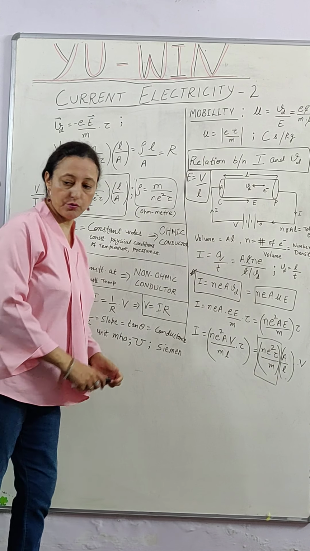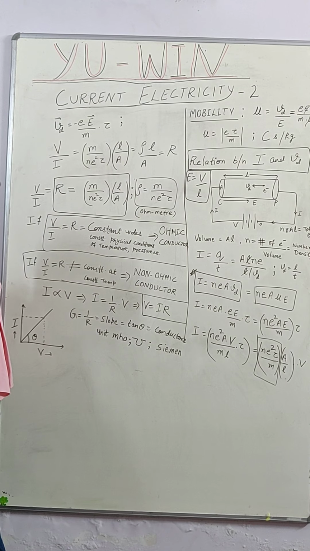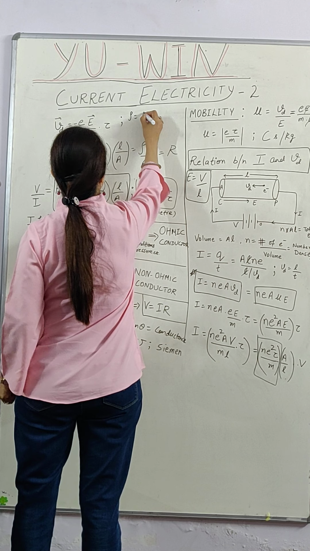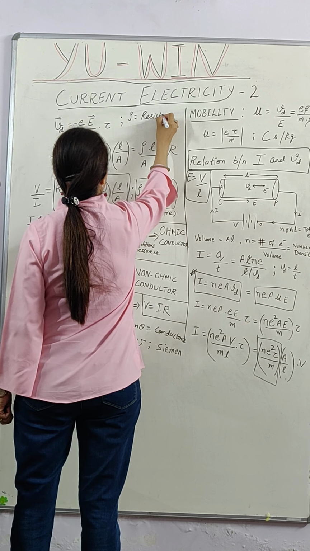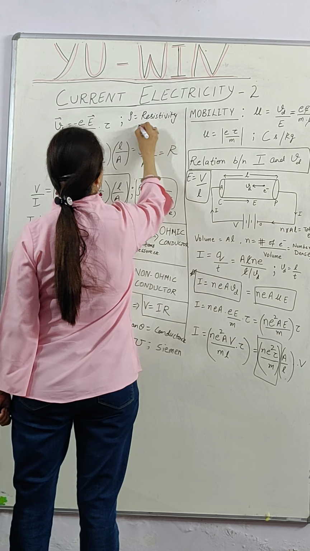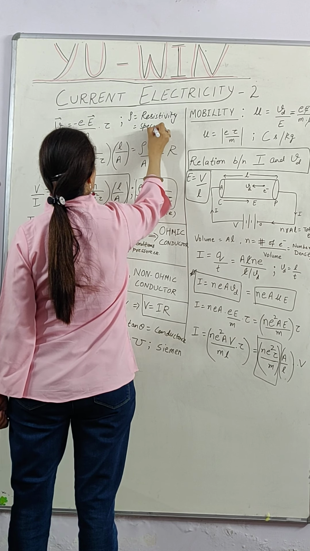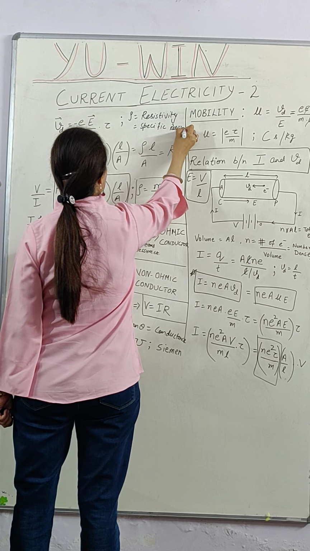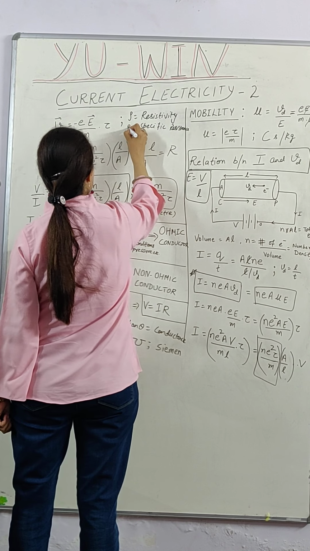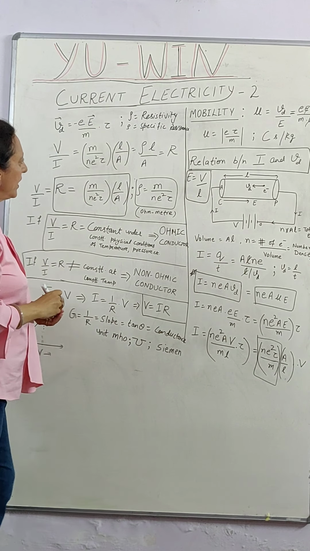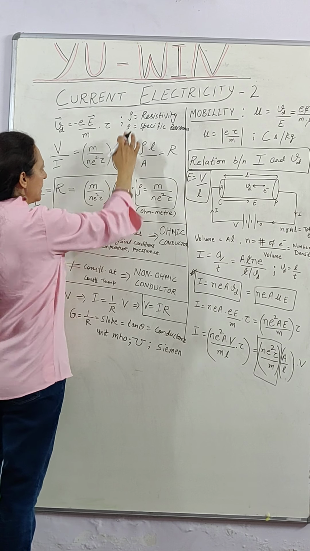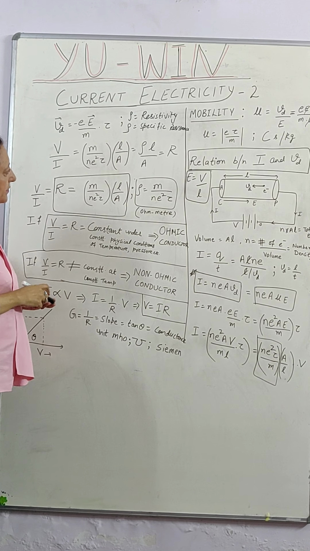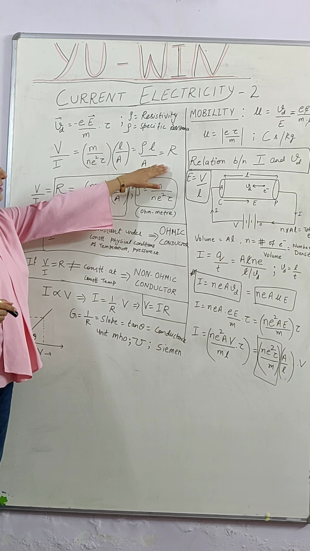So rho is known as resistivity, and we call it specific resistance also. We will define it and see how it changes with temperature. In the next video we will discuss rho in detail. Right now I am substituting rho as resistivity. It is also known as specific resistance, and this gives me a broad expression that you have been using in the lower classes also.